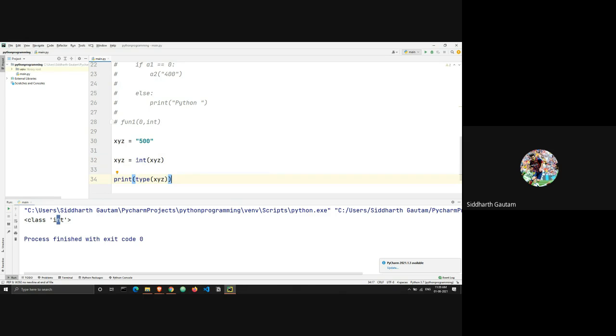Now take a look at this. This is also a word here, and then brackets, which means this is also a function, right? Converting to integer is also a function. Converting to string is also a function. So many things which you have been doing in Python since the very first day.